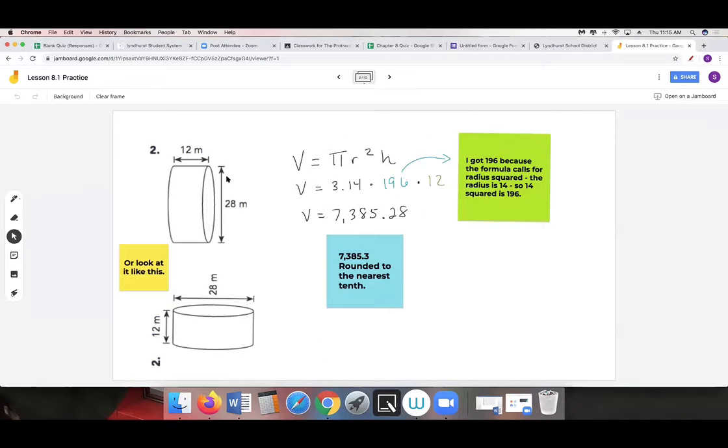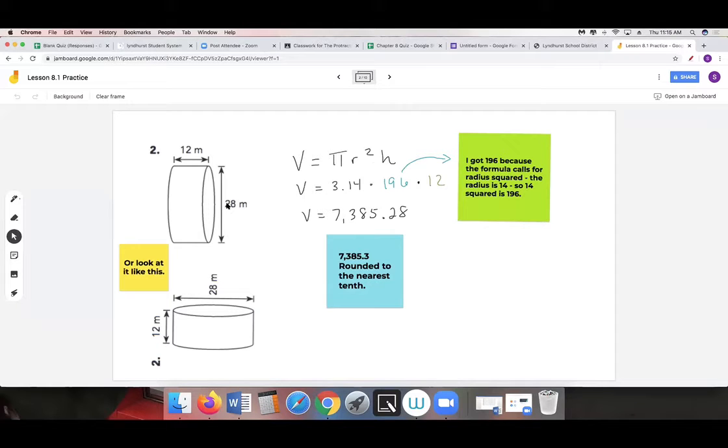Number two, again, was pretty straightforward as well, but there was one little hiccup with that one. They gave it to you like this. You can also just flip it around and look at it like this. And the problem with this one is they gave you the diameter. Remember, the formula asks for the radius squared. So you would have had to recognize that this is the diameter, so you have to cut that in half,